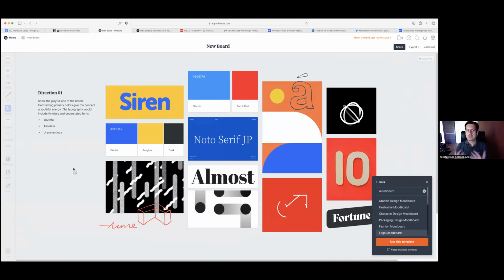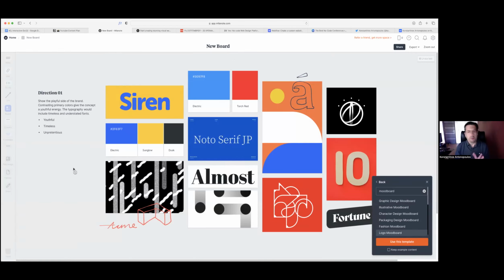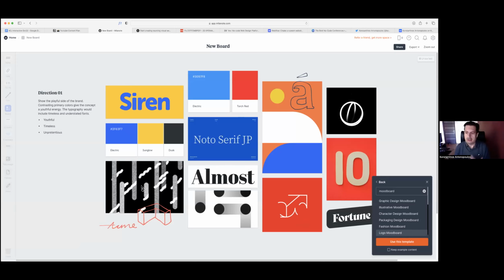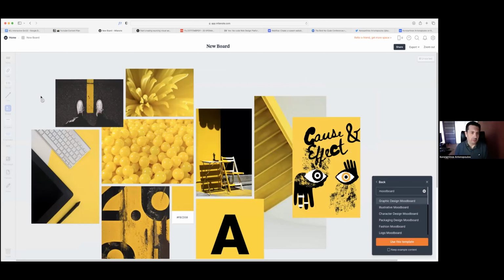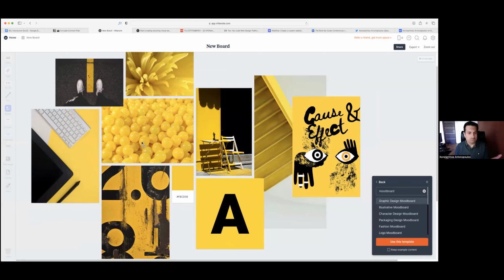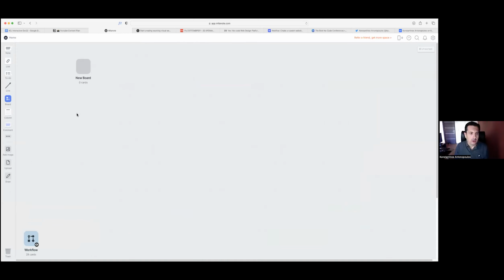I'm just adding stuff which is probably random, or stuff that I do not want to forget, meaning, for example, I want the yellow color to be important in the story, or maybe I'm just adding a swatch, or I'm adding typography that I want to look like, whatever, like black on yellow, or even